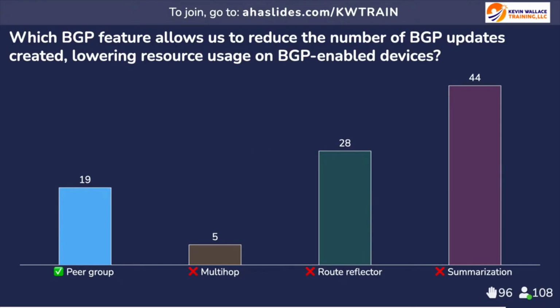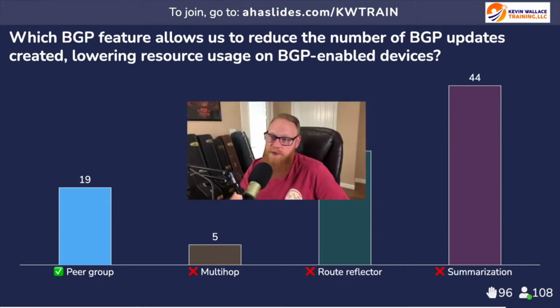And our time is up. The correct answer is peer group. BGP peer groups allow us to group neighbors together in order to share configurations and to share policies. And when BGP creates updates, a separate update is going to be created for each neighbor when we're not using a peer group. When we do use peer groups, they can simplify our configuration and they can use less device resources since updates are going to be processed for the entire peer group as a whole rather than doing those